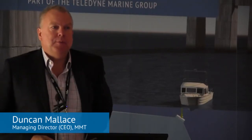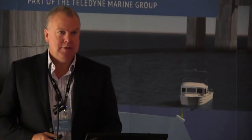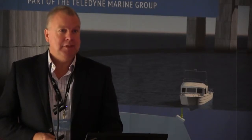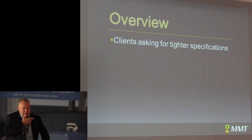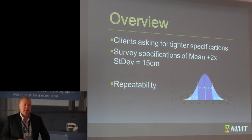What I'm going to be talking about this morning is the work we've done with laser and bathymetry, and it's all using Teledyne products, because the sonar is the 7125 and the laser is an Optec Ilris 3D most of the time. The reason for doing the presentation is really geared by one of the contracts that we've just been awarded,